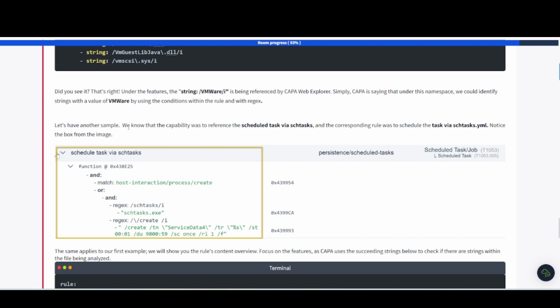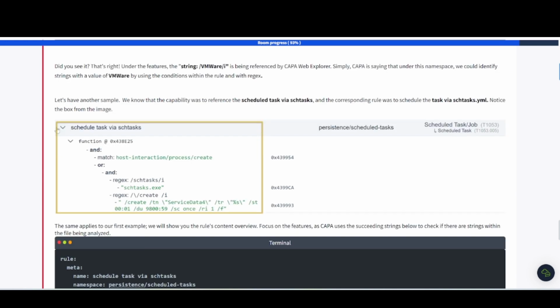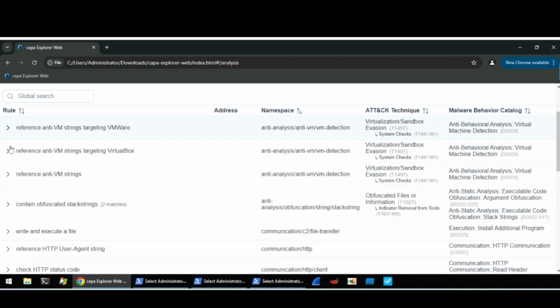So let's have another example. We know that the capability was to reference the schedule task via schedule task, and the corresponding rule was schedule task via sch task.yaml. Notice the text box from the image. All right, so if we go back over here to that particular area, let's minimize that. We can see